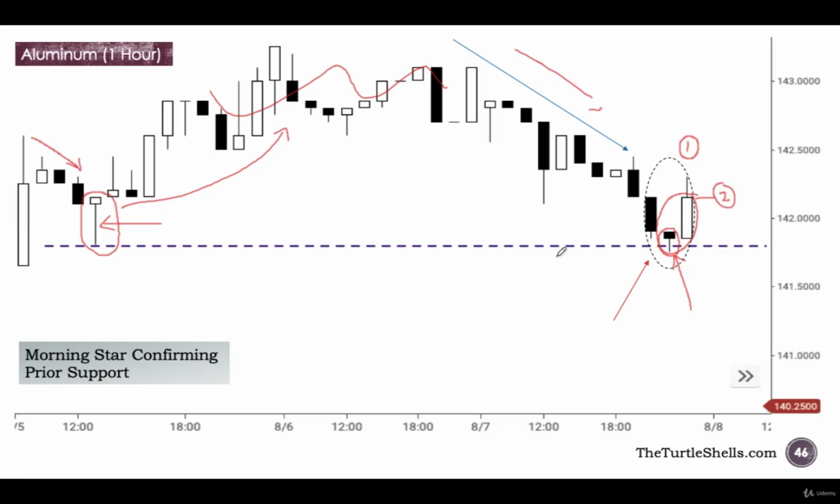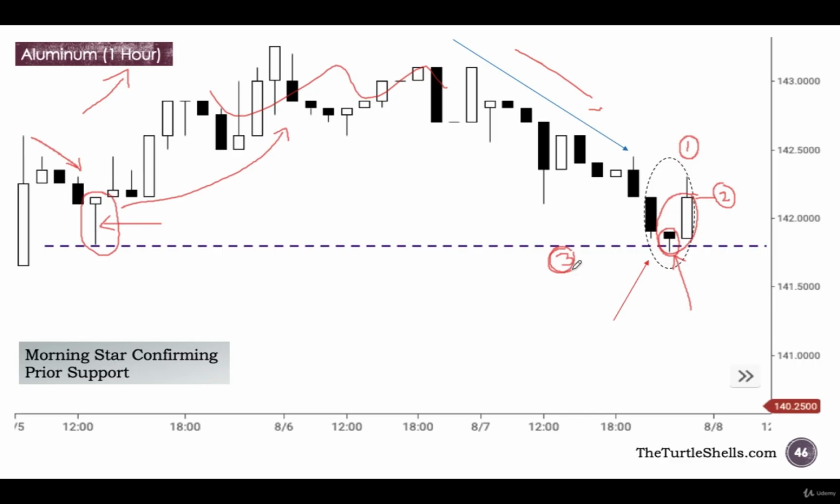Third, of course, is our prior support confirmation. So this candle created support, so we have to respect that, and the morning star has respected that. This is a commodity chart, metals, aluminium, it's a 1 hour intraday chart. So during that 1 hour, this candle tried to break that support but was not successful. So whenever the bears try to break a support and are not successful, it's a very bullish sign. Okay, so you have three signals here: the morning star, the bullish engulfing pattern, and the